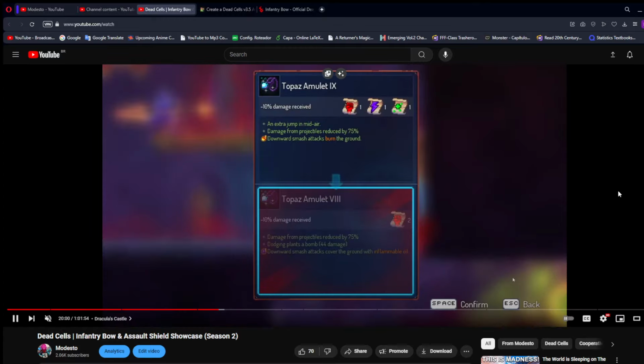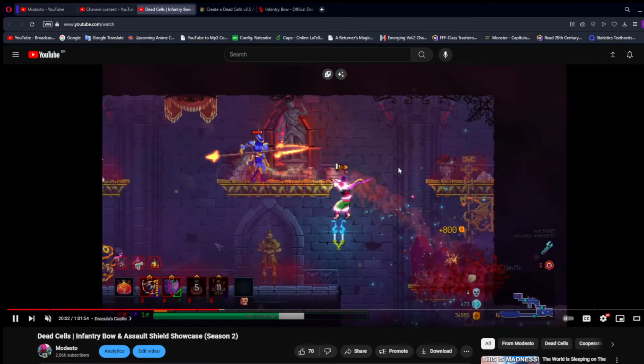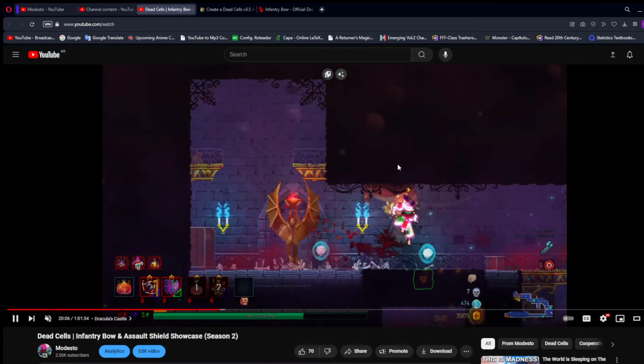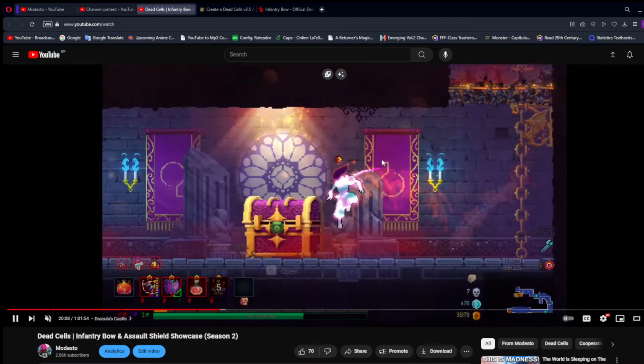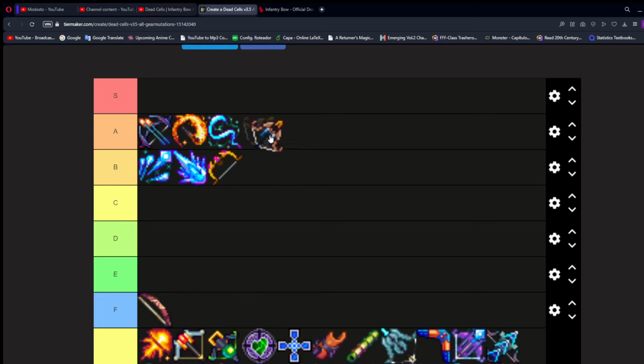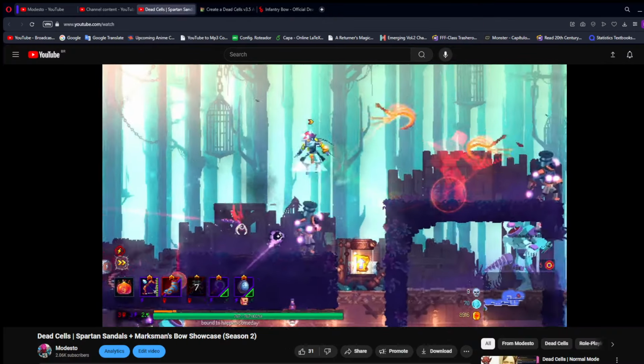So yeah, it's really good. I love Infantry Bow. It's a simple yet effective weapon. The damage is not like incredibly high, but as I keep saying, these weapons are amazing. So Infantry Bow is A tier. The Marksman's Bow,